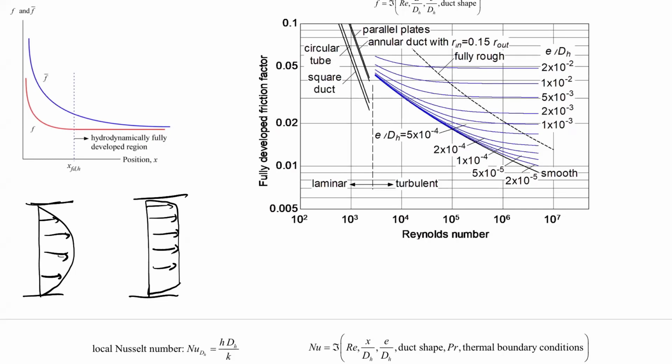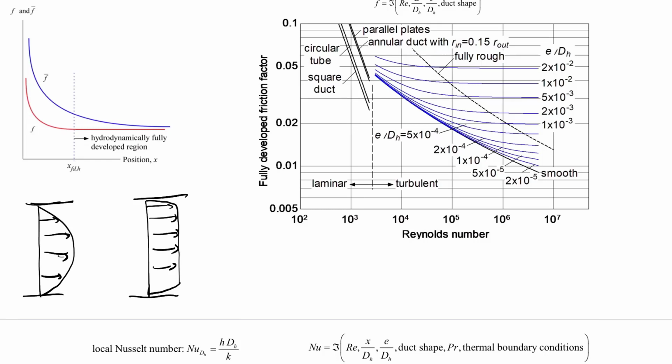Okay, so you see these different things going on, and eventually you get to the point for turbulent flow where the features are big enough that everything just collapses down to a single curve, right? You could model a square duct, a round duct, any shape you want. If it's rough enough, it collapses down to a single curve. And that all just comes out of the fact that the velocity profiles are really